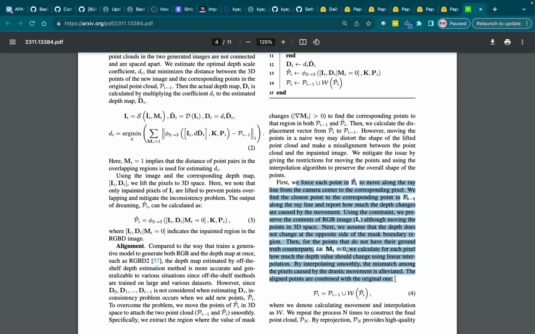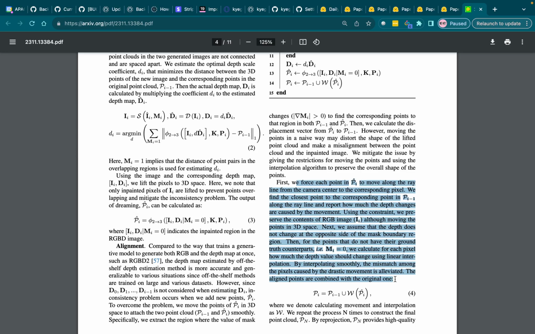Implementation details. The modules we used to construct LucidDreamer can either be trained using manual design or brought from off-the-shelf models. We use pre-trained large-scale off-the-shelf models to compose the whole network to maximize the generalization capability of the network. Specifically, we adopt the Stable Diffusion model to inpaint the masked image. We use the same text prompt for the Stable Diffusion if the first image is generated from the text. If the image format is an RGBD image without text, we use LAVIS, L-A-V-I-S, to generate the caption according to the image and place it in the diffusion